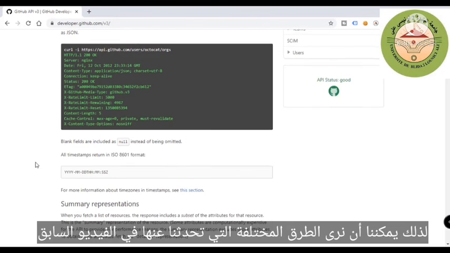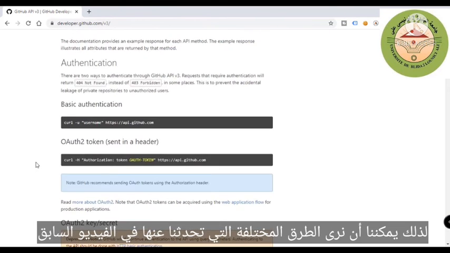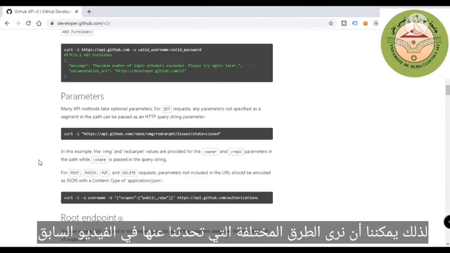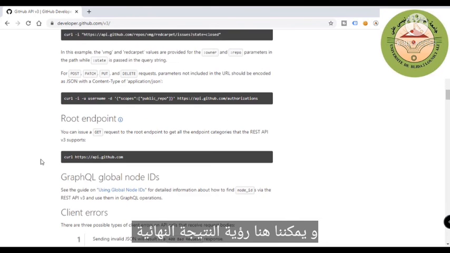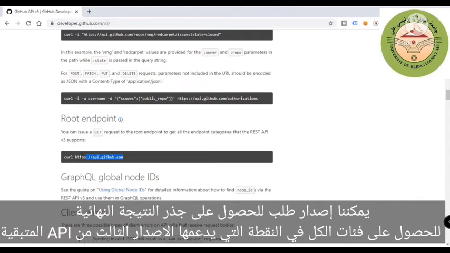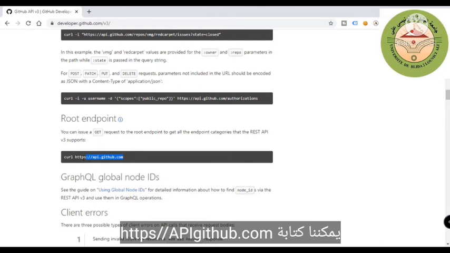Here we can see the different methods that we talked about in the previous video, and the endpoint. This is the root endpoint of the API of github.com. We can issue a GET request to the root endpoint to get all the endpoint categories that the REST API version 3 supports. So we can use curl